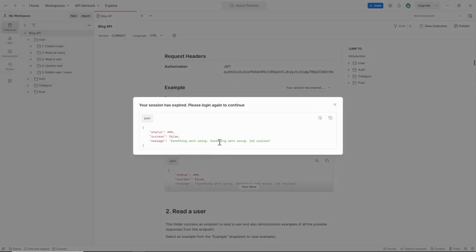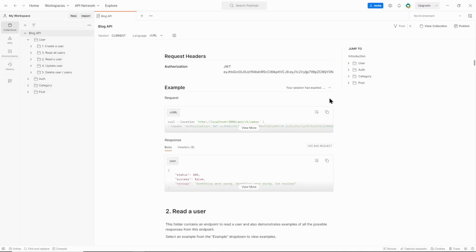error saying something went wrong, token will be expired. And there's this extra "something went wrong." I don't know why I have that there, but it's just a simple tweak to remove this string, and that should be good. So that's access token has expired. We can also say that the session has expired. And the other example is,